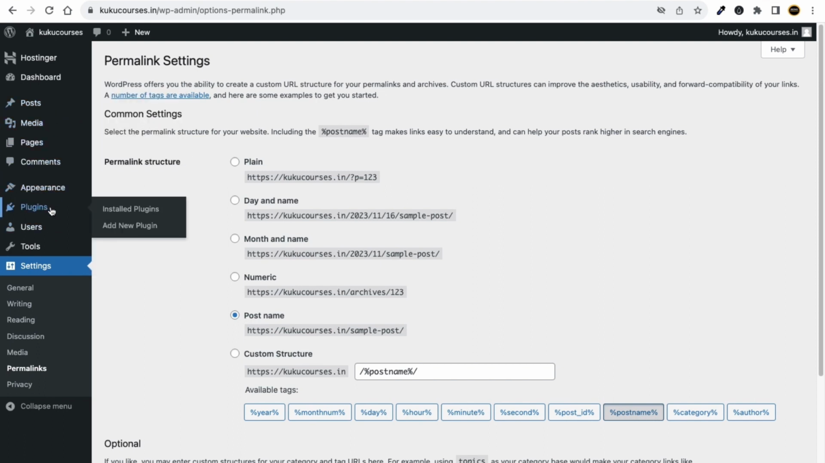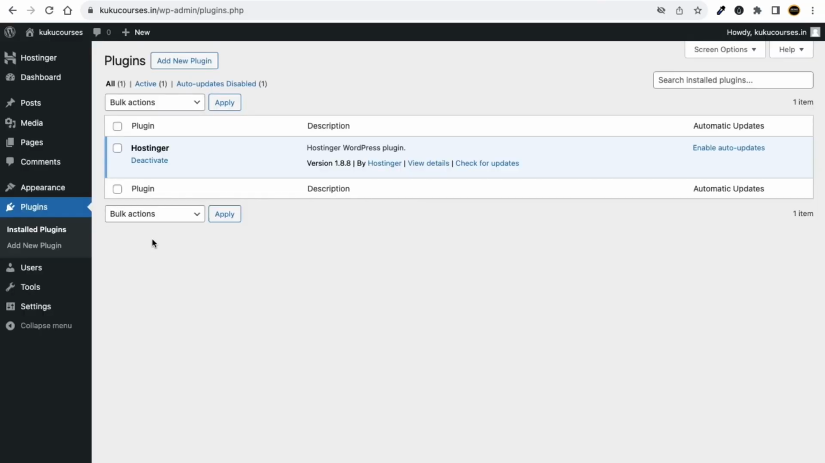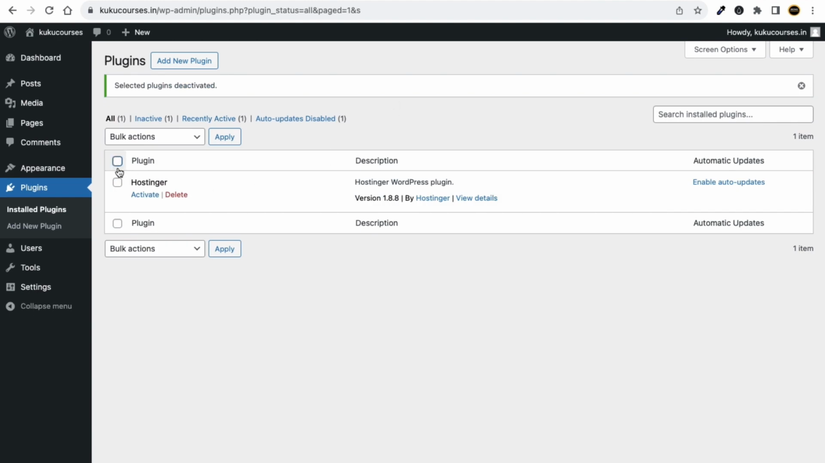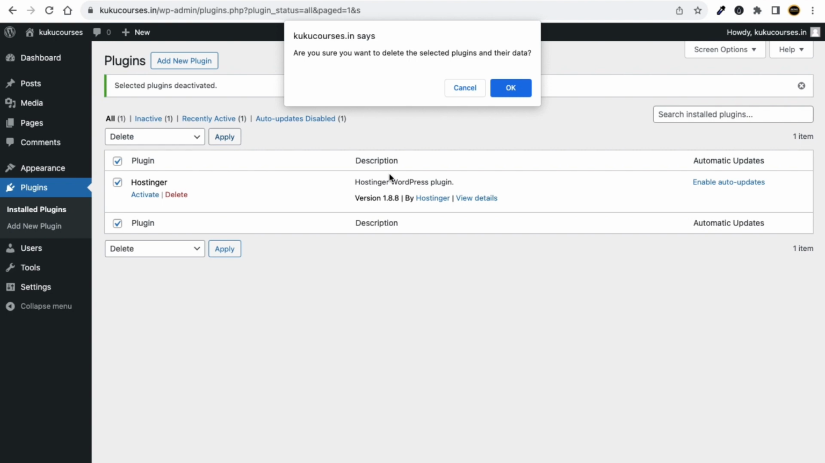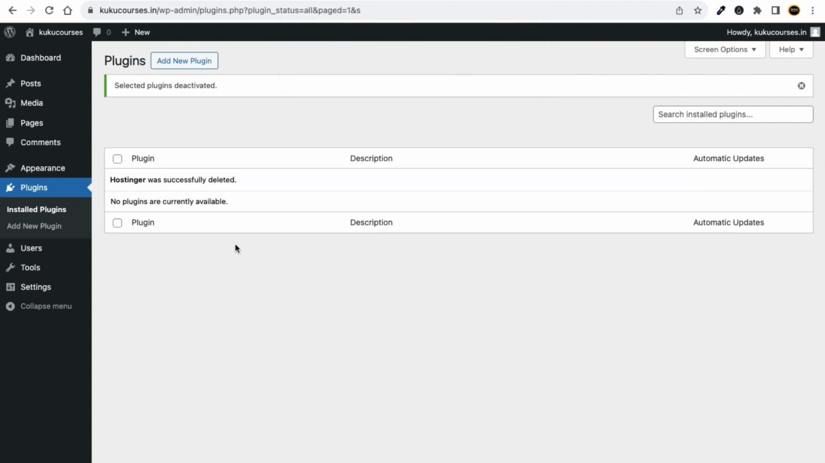And now let's clean our WordPress website. Go to plugins, click on installed plugins, and right now you can see only one plugin is here. Tick mark it, and from the bulk action deactivate it. We do not want it. Click on apply, and let's delete it. Again select this, click on the delete option, apply it and delete it. Awesome. Now go to your dashboard,